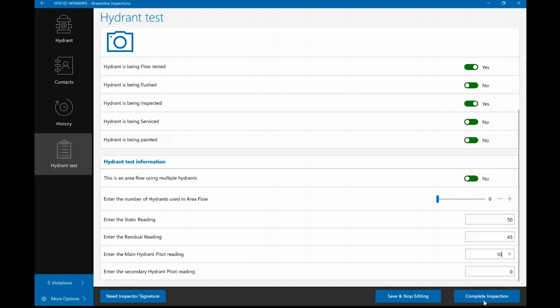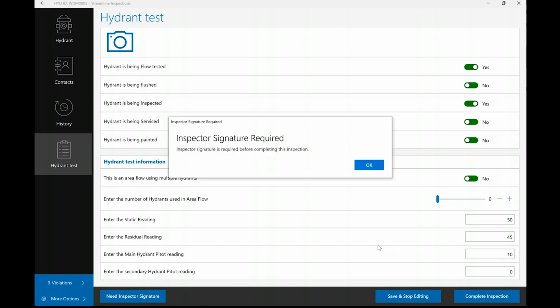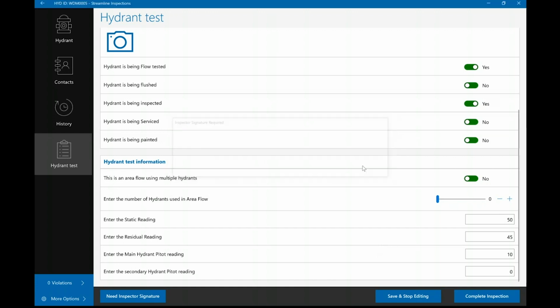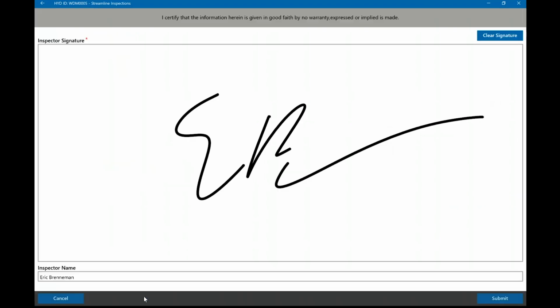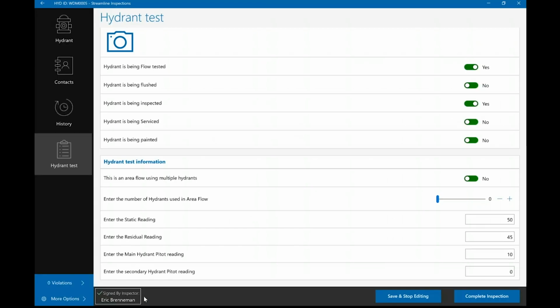So just like in properties, if I were to complete this inspection, it's going to validate the record. And if the record isn't validated correctly or something is missing from my required fields, it's going to notify me. And so it says, hey, you need an inspector signature. So if I click on OK, you can see I've got inspector signature at the bottom. Sign that real quick. Just make it a little bit more official that somebody's actually doing this inspection, and then